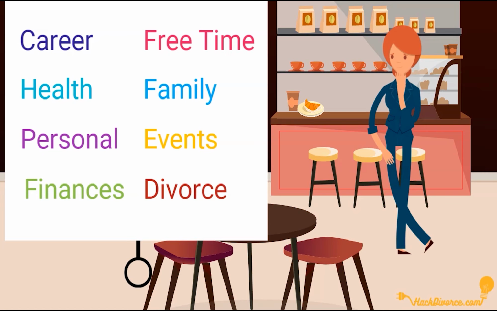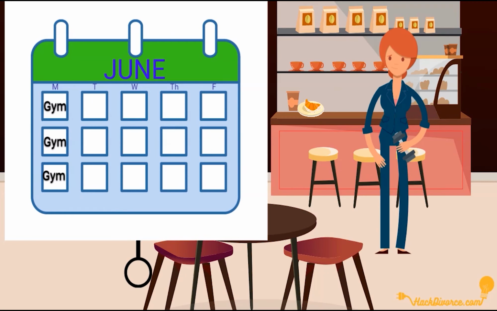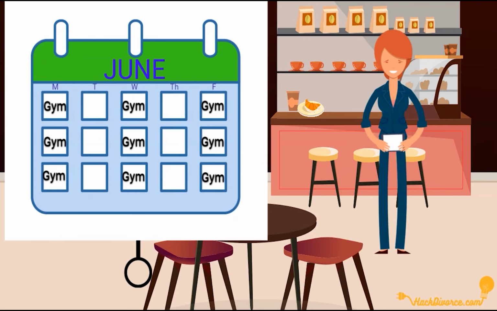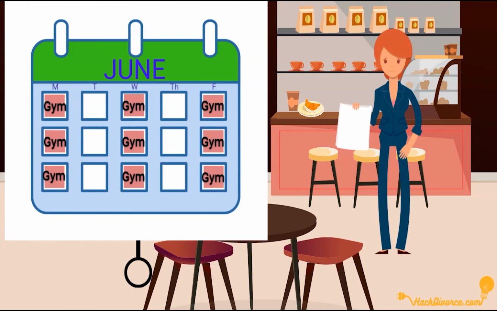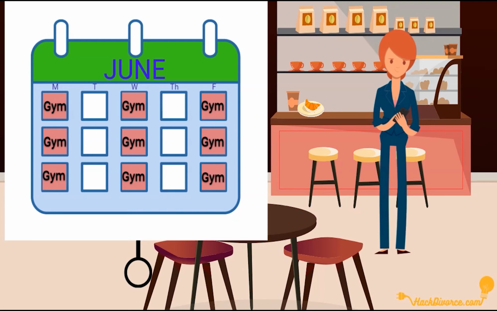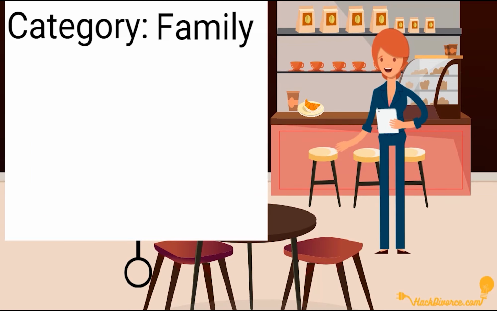Once you've worked out what categories you'll use, think about how you normally integrate these activities into your daily life and what patterns make the most sense for you to schedule in regularly. For example, maybe you go to the gym on Mondays, Wednesdays, and Fridays after work from 4 to 5 p.m. What I want you to do is block that regular activity into your calendar. Whether you're using an app or a traditional paper calendar, color code your different categories so they're easily identifiable. Most electronic apps will let you isolate one category or print off a calendar just for that subset. For instance, you can make a category called Family and color code it blue.